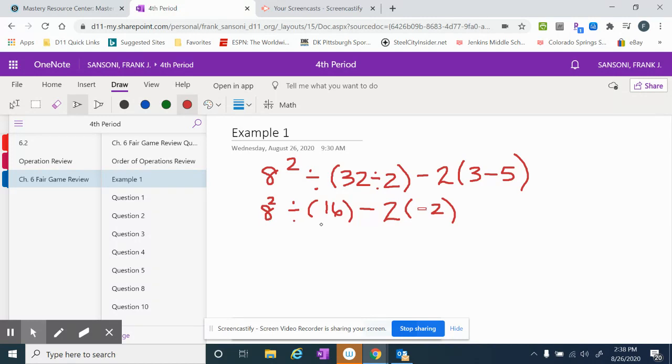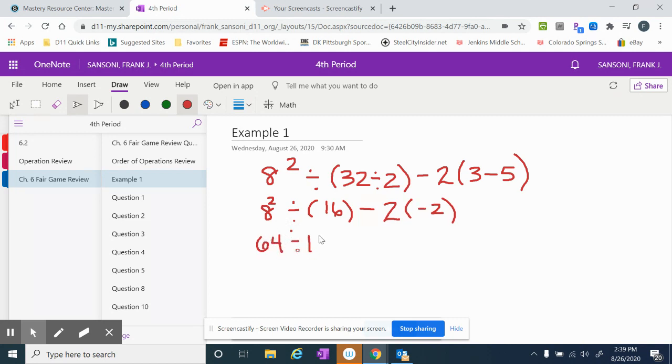Even though you see parentheses, the only reason I'm putting parentheses around there is just to make it easier to read, especially over here where you have multiplication. I want to separate the two numbers with a parenthesis so that I understand that it's negative 2 times negative 2. So next in the order of operations is the 8 squared. 8 squared does not mean 8 times 2. It means 8 times 8. So 8 times 8 is 64